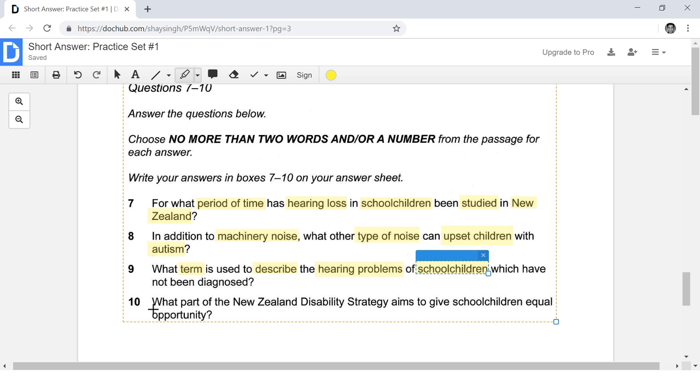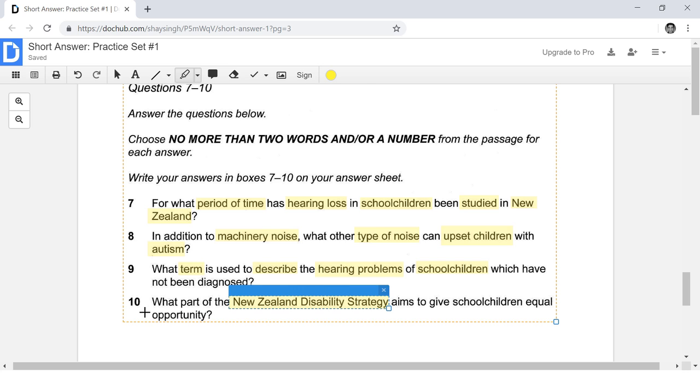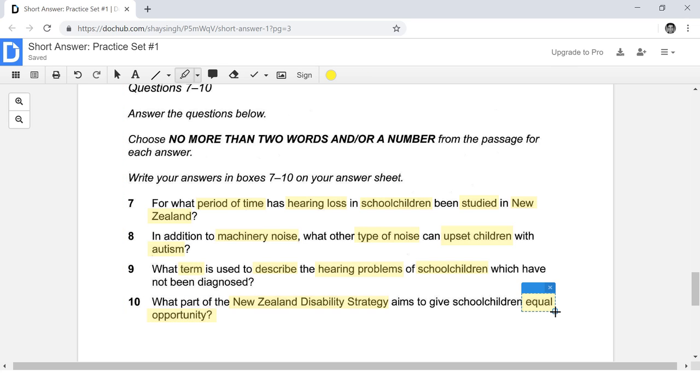Number 10, what part of the New Zealand disability strategy? And again, another proper noun. It seems that this is the name of an organization. So that's all we're going to need over here. Perhaps something about equal opportunity for children, we can mark that as well. Great. So now that we have the keywords,